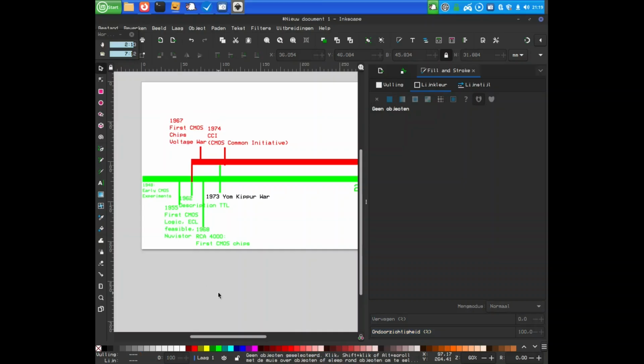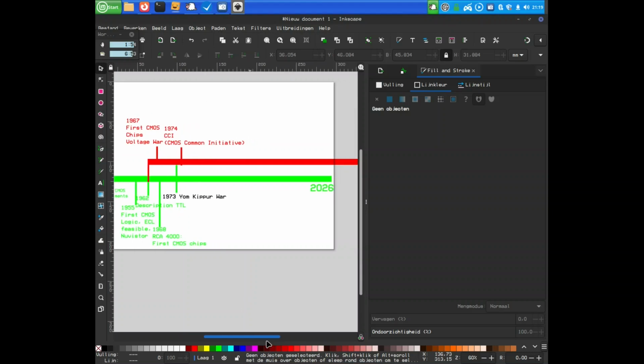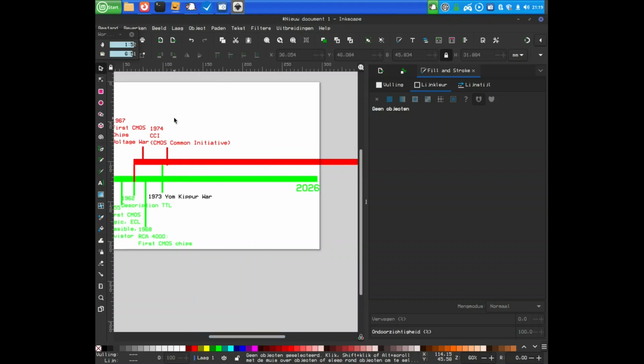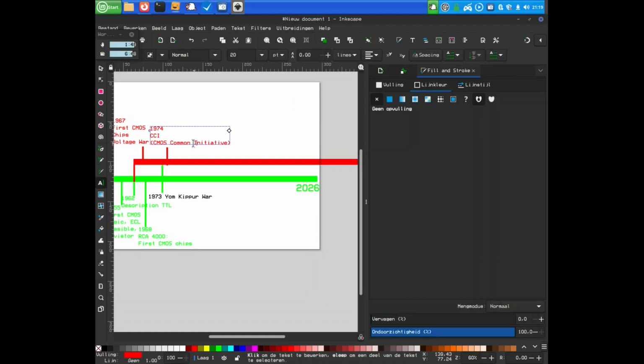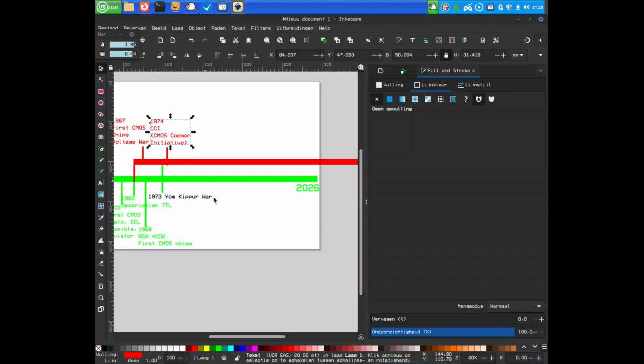So basically, there's going to be quite the format war over the logic levels as the first CMOS chips came around. Those could be very wide. You'd have 3 volts, 5 volts, 12 volts. 12 volts might be more useful with certain vacuum tube based circuits, but 3 volts would allow more portable circuits to be designed. However, 1974 would likely see CCI come along, or the CMOS Common Initiative. I'm going to make that like this so that I can insert the next part of our alternate timeline, which would be